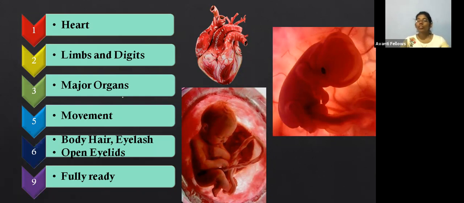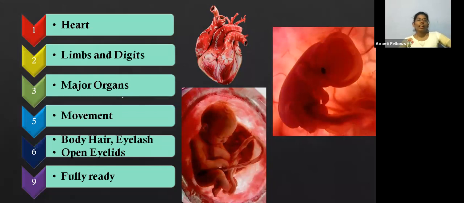That's why doctors usually suggest that females who have conceived be careful till the third month. Even after all the major organs develop, they have to be careful, but these three months are very crucial because the baby is developing at that age itself.